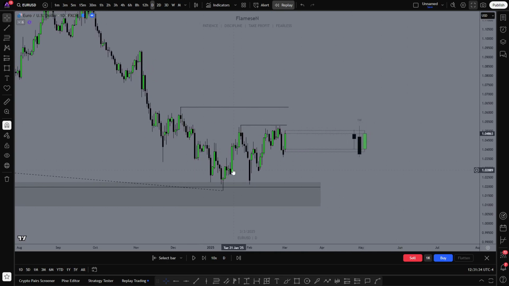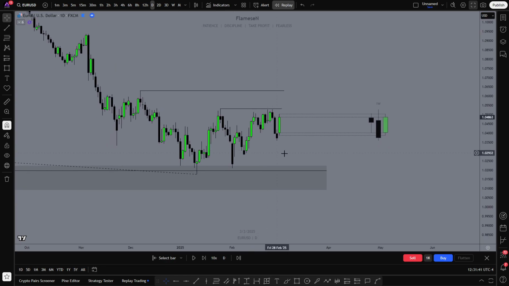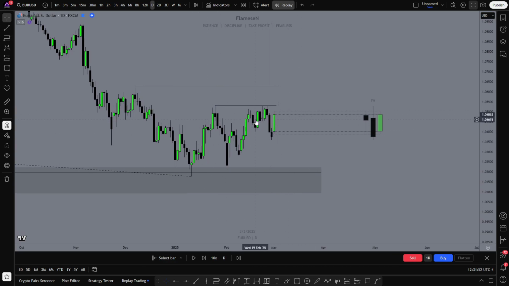Here on the daily time frame, you can see that we have the same narrative and market context. We had the SMT divergence with GU, and after that divergence, price expanded higher. Now looking at this structure right here, you can see that price almost took out this swing high. But before it could, we saw a retracement lower. Because of this retracement, equal highs were formed around this area, which led to even more liquidity being generated above both this swing high and the one before it. The retracement resulted in the formation of these equal highs, making them an easy target for price to take out